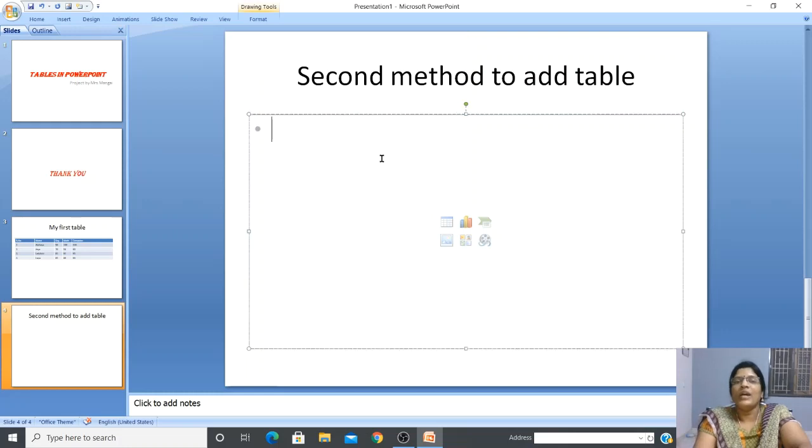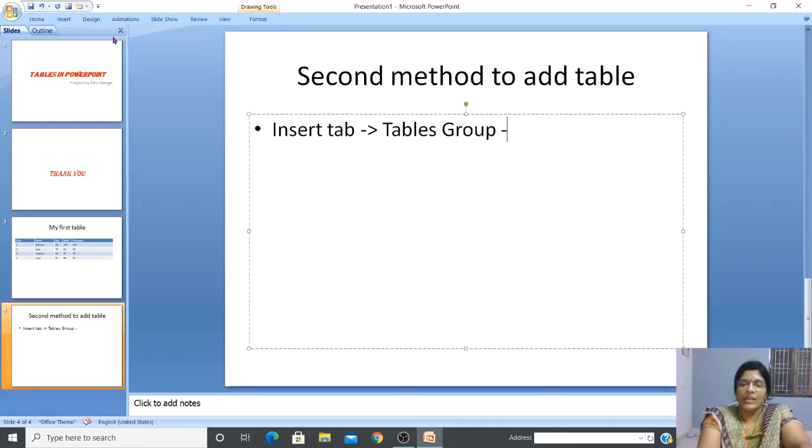So how to add a table in the second method? Which tab do we have to go to? We have to go to Insert tab. Then which group? Tables group. Then Table arrow. In the table arrow, you can see one pop-up. There you have to select Insert Table option.